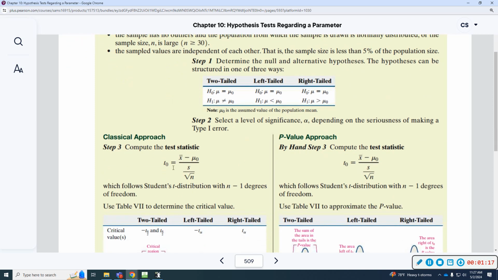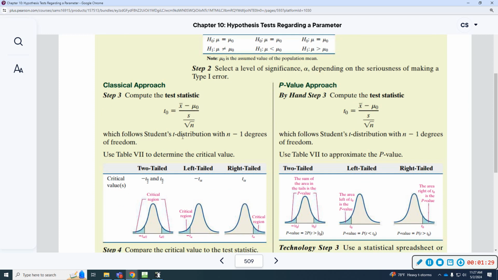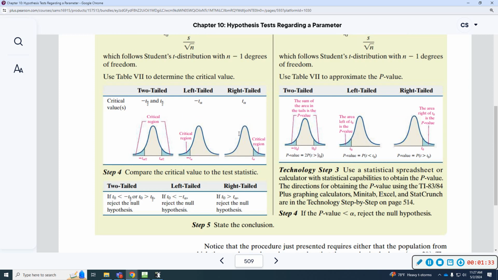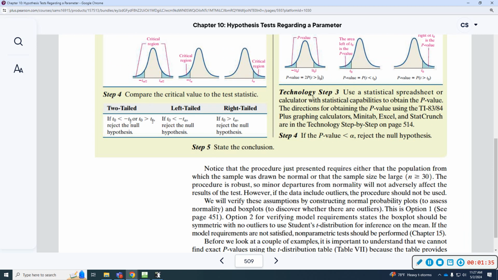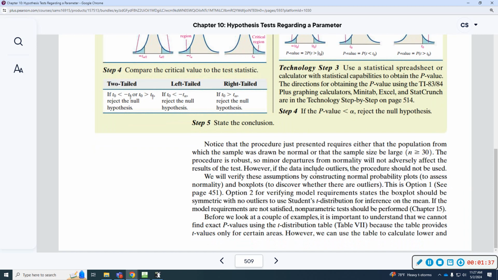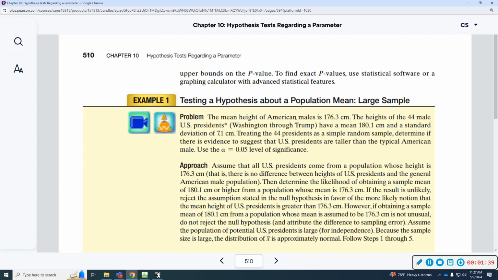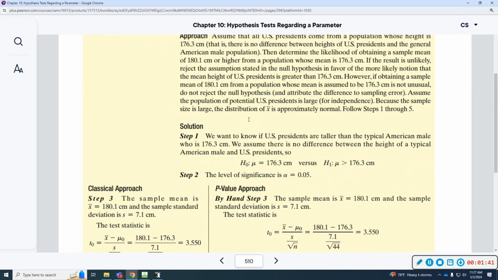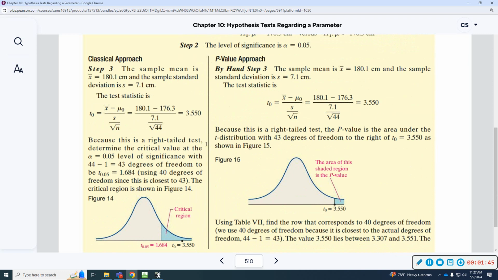The test statistic, which is denoted by t naught, is given by the sample mean minus the population mean over the sample standard deviation divided by the square root of n, where we use the student t distribution with n minus 1 degrees of freedom, and we will find our critical value using the student t table. So throughout this section, you have several different examples showing you tests using the mean,